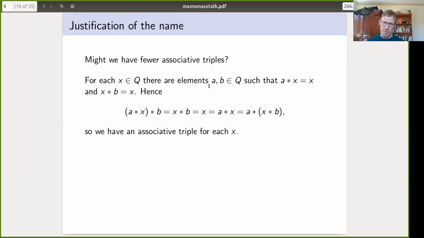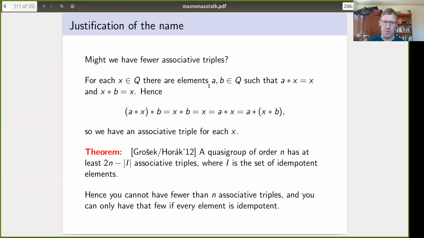So for every one of the quasi-group elements, you'll have a triple with it in the middle, and that means you have at least n associative triples. And by pushing this sort of reasoning a little bit further, it's a bit more work, but Groszek and Horak showed that any quasi-group of order n will always have 2n minus the number of idempotent elements, that many associative triples. And what that means is, of course, well, we know from the above that you can't have fewer than